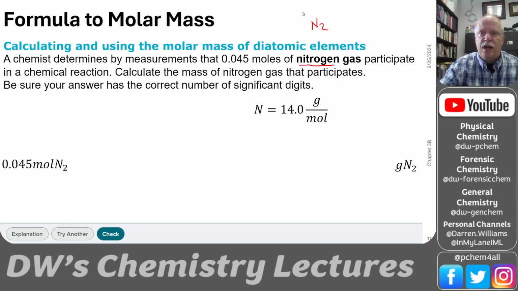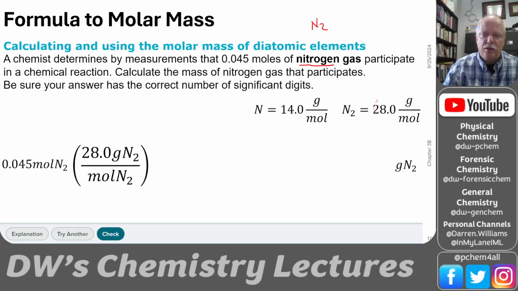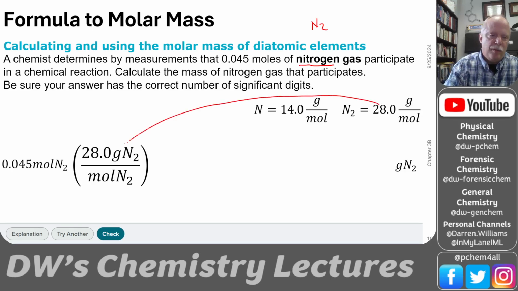For a regular nitrogen atom, we go to the periodic table and see it's 14 grams per mole, but if it's N2, then it's 28 grams per mole. So we've got to use that molar mass for N2 in our problem here. The moles of nitrogen cancel, and now we're into mass of nitrogen, which is where we want to go. So 0.045 times 28 gives us